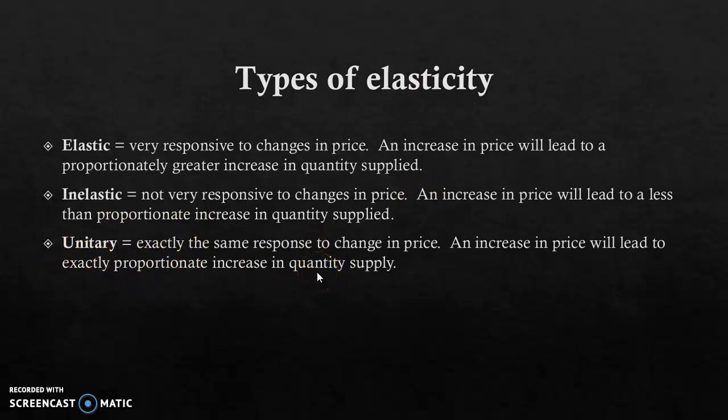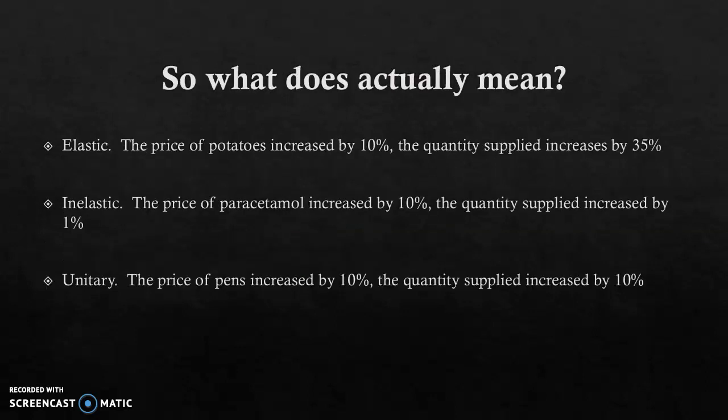And at this point, you're probably like, what is she on about? These are just words and they mean nothing. So I've given you a few examples in terms of some other goods. Potatoes, it's probably a reasonably good idea, or a big assumption, that it would be elastic, and we'll come back to why that is later. But say if the price of potatoes was to increase by 10% right now, and the quantity supplied increases by 35%, you can see that that's a proportionately greater response. Price has gone up 10, and then the quantity supplied has increased by 35.